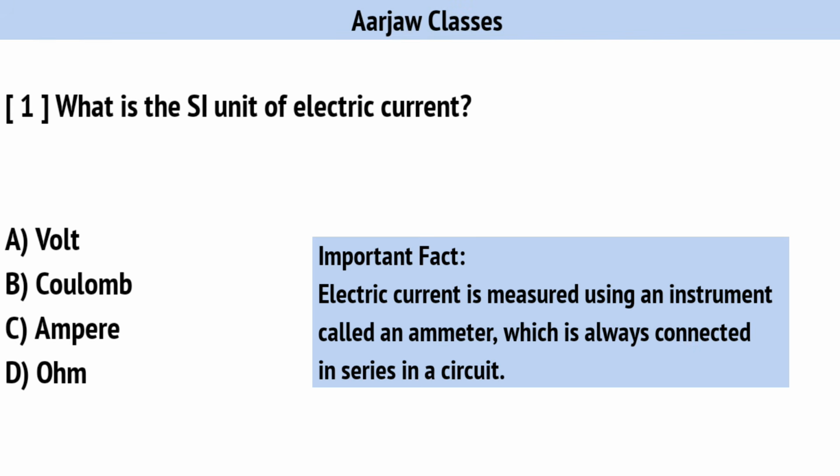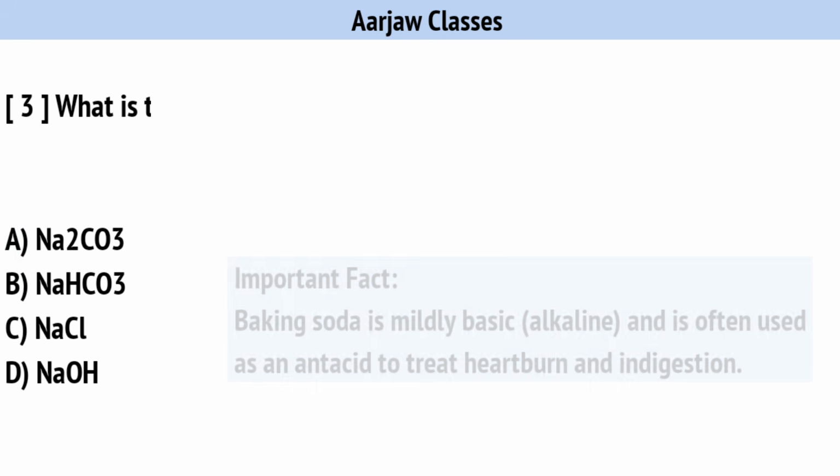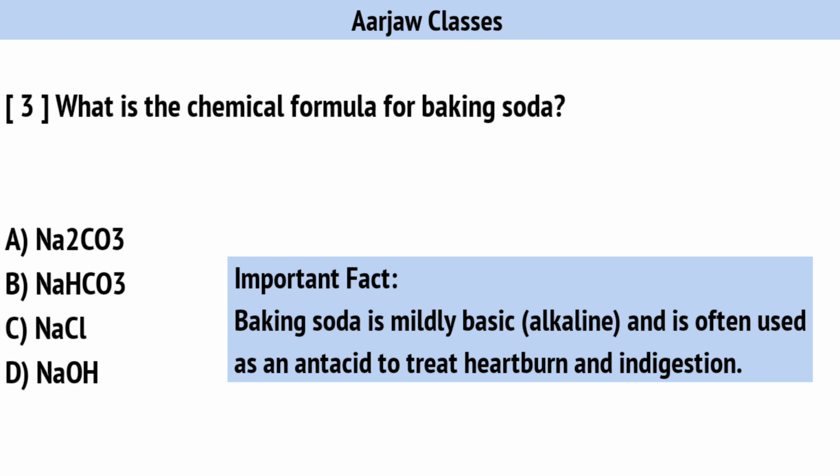What is the SI unit of electric current? Correct option is C, ampere. Which of the following is known as the powerhouse of the cell? Correct option is A, mitochondria. What is the chemical formula for baking soda? Right option is B,